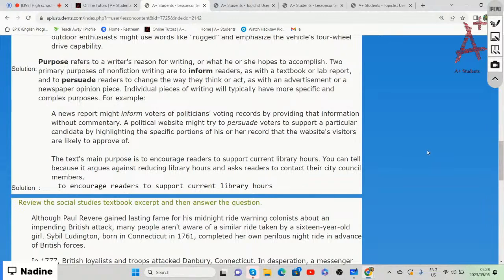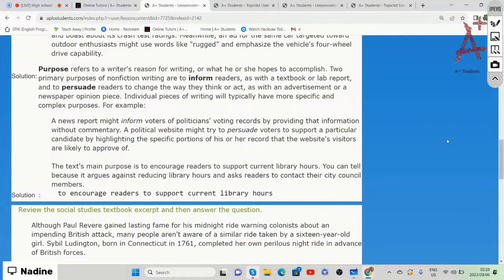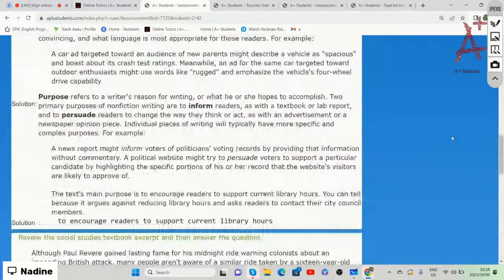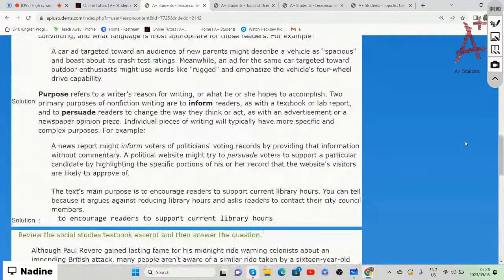So when it comes to a news report, in this case a letter to the editor, the main purpose of this text, about the library closing down because they don't have funds, is